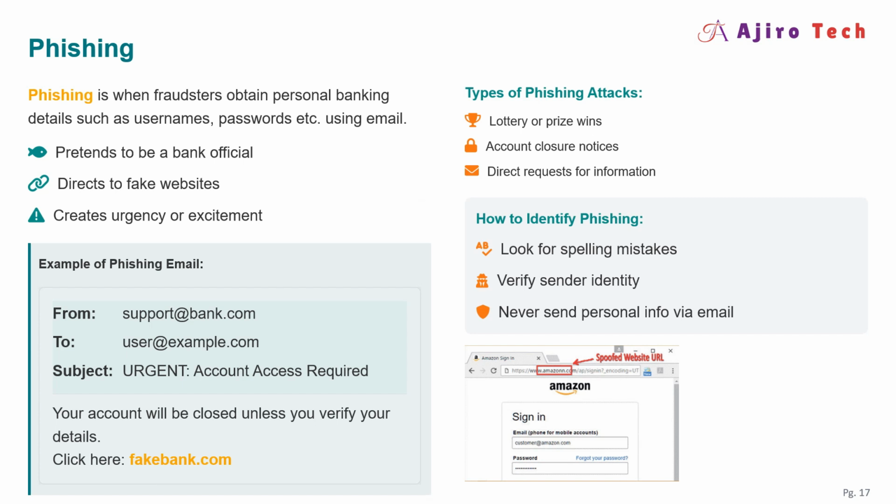Okay, so take note. You can see an address here. Now this looks like Amazon, but it's not, because if you look at the URL here, we call it a spoofed URL. An individual will type in the email address and password, allowing the fraudster to gain access to the account. The URL is called a spoofed URL,